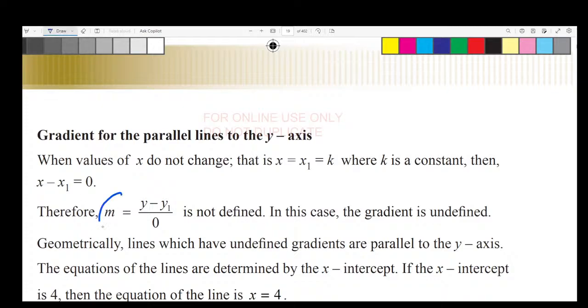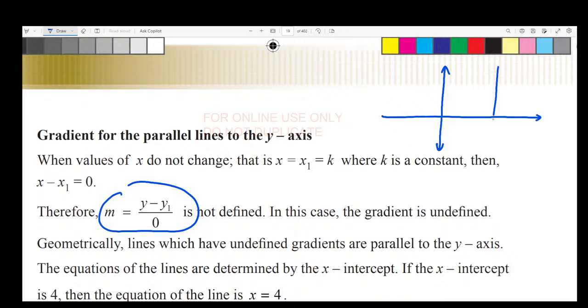So when you have a line which is parallel to the y-axis,